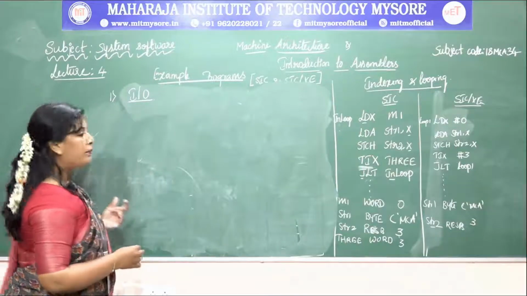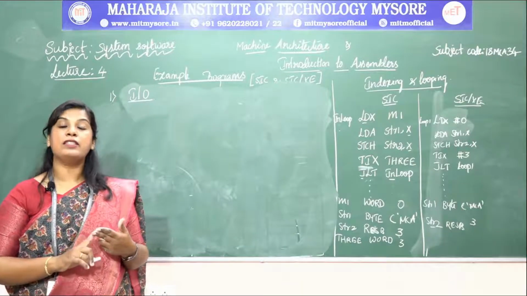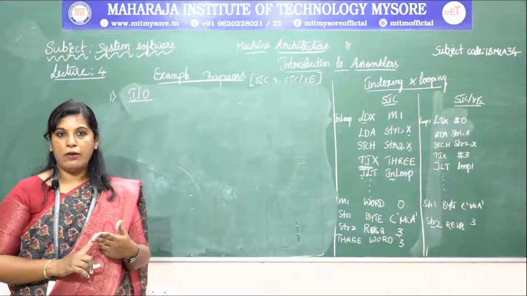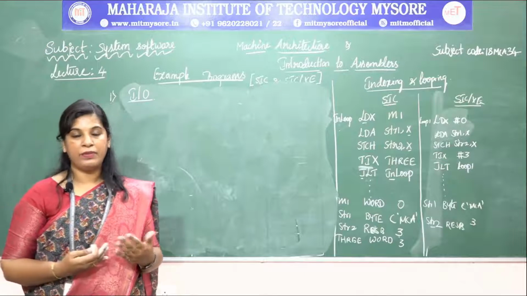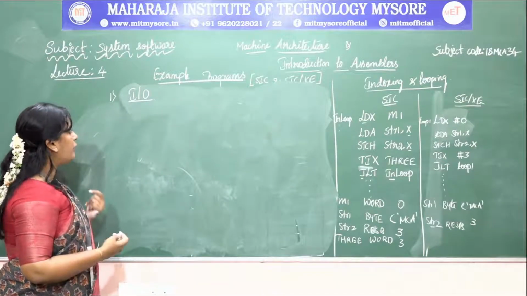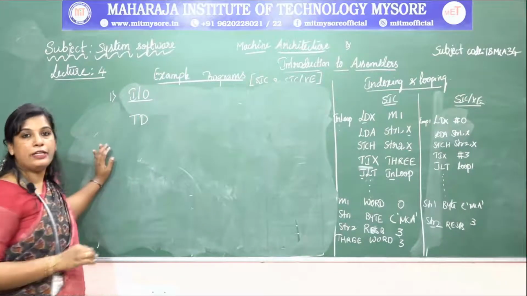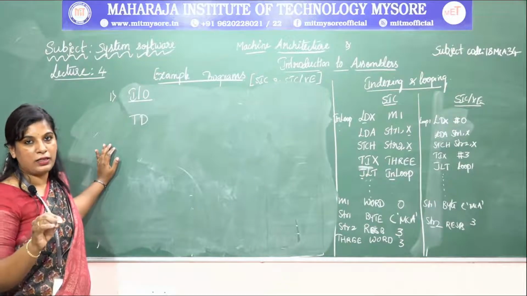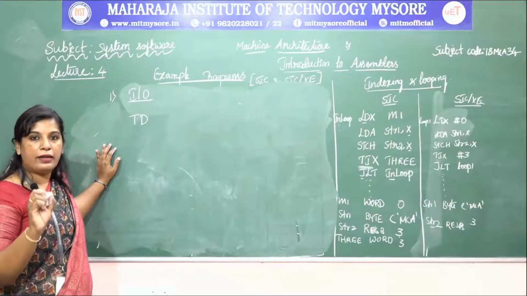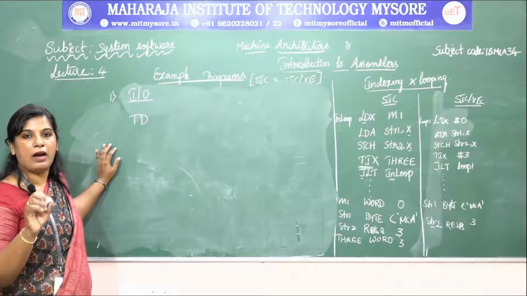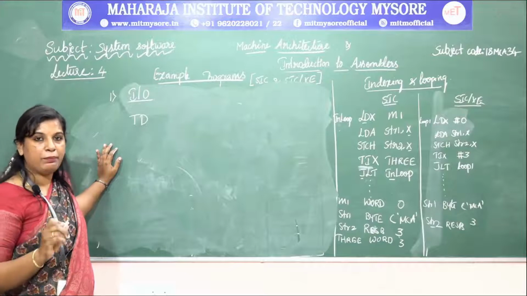For that, the main input and output instructions: we have to test the device, whether the device is ready to transfer the data. Once the device is ready, we can transfer the data, that is, read the data or write the data. So here first we have to use the test device instruction. I want to test the device. Every device has its own identity number, which is a 2 hexadecimal number, meaning 1 byte of length, for every input and output device.